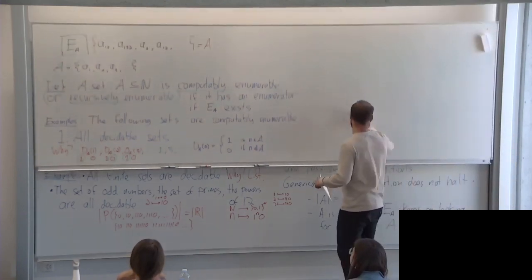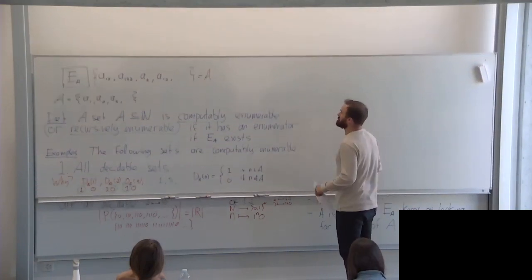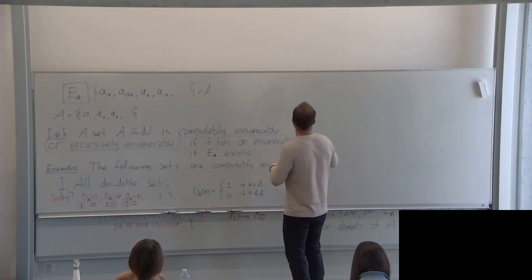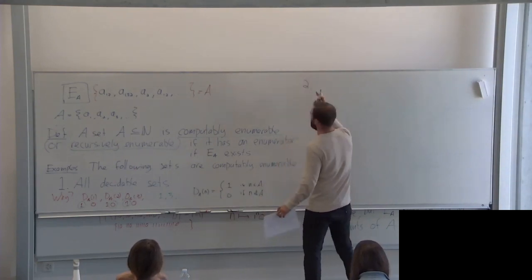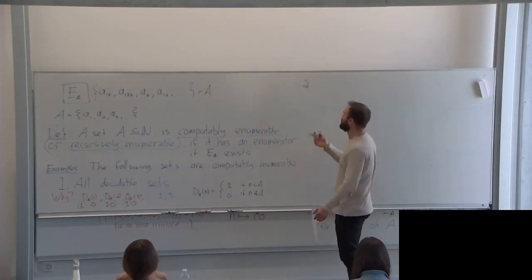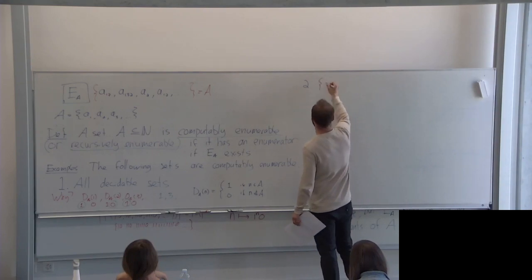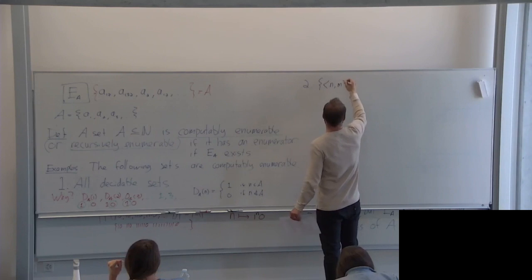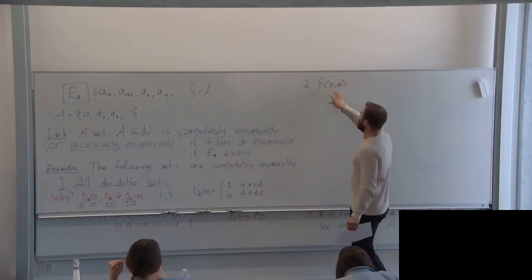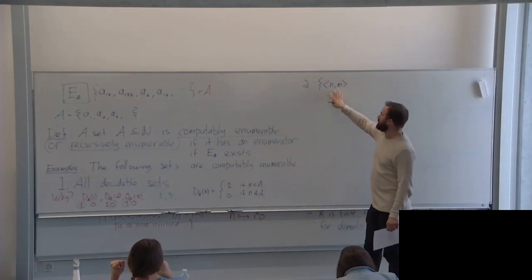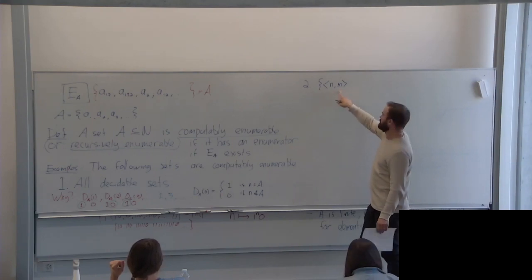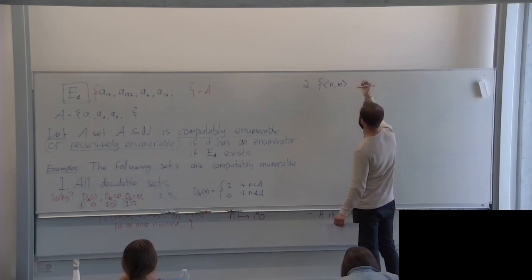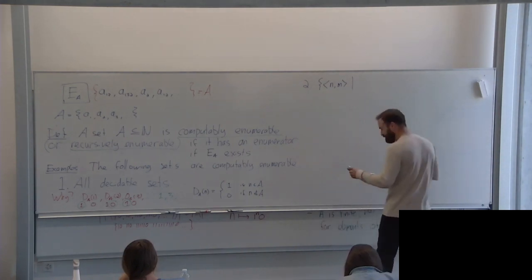Okay, the second example is a little random, but sometimes it's good to have random things. It's not random, it's just not profound in computability theory. The set of pairs n comma m. By the way, it's numbers, right? It's a single number, but we know how to encode a pair of numbers in a single number, so it's the set of natural numbers that correspond to an encoding of a pair, such that